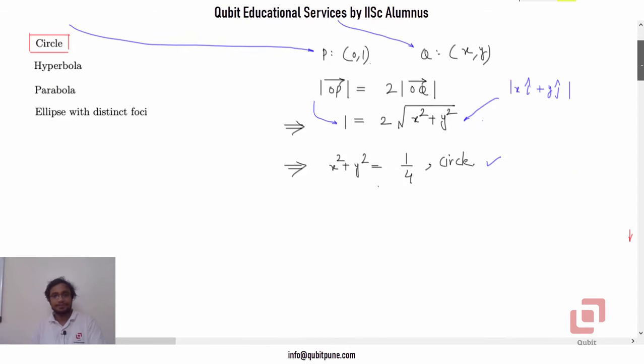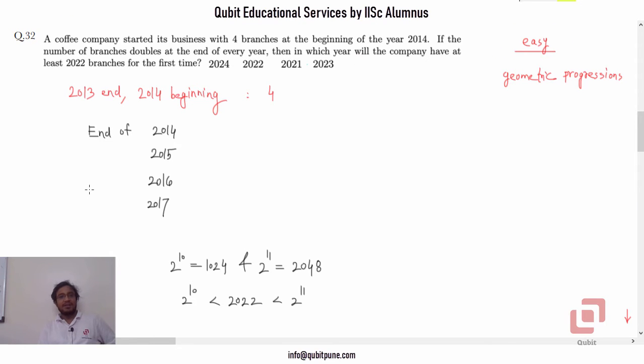Let's go to 32. A coffee company started its business with 4 branches at the beginning of the year 2014. If the number of branches doubles at the end of every year, then in which year will the company have at least 2022 branches for the first time? 2024, 2022, 2021 or 2023? These were the options. This is also a simple question, but you need to pay attention to the way you